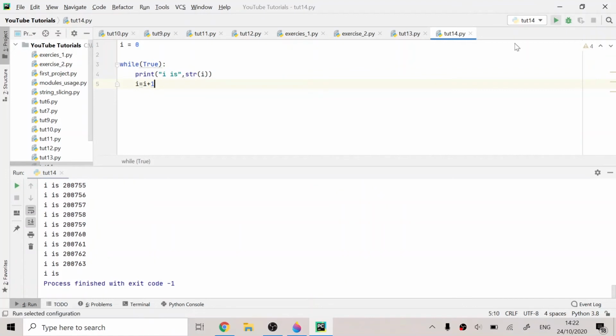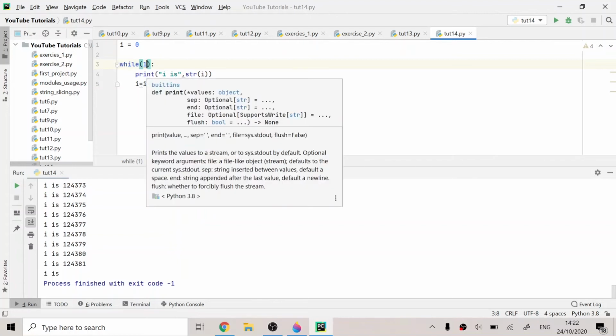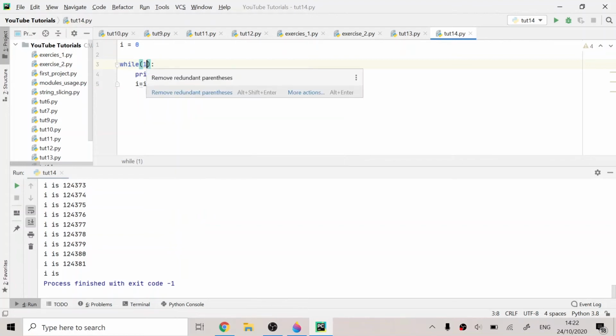I'll stop this program at the moment, and instead of true you can also put 1. So 1 does the same thing, it prints an infinite number of iterations. If I run it here, as you can see, it is printing it infinitely. I'll just stop it because my processor is getting burnt at the moment, so the fans are really making a noise.